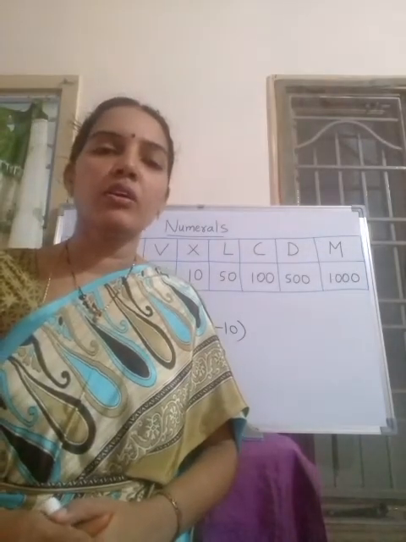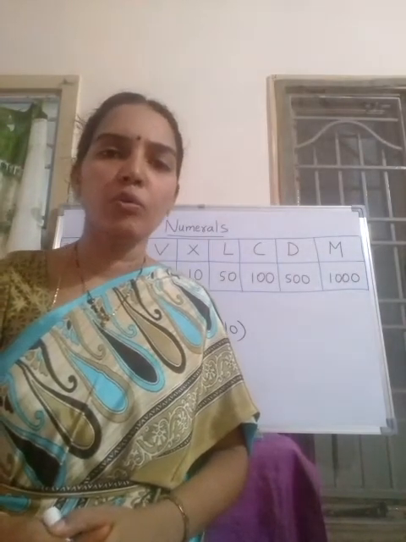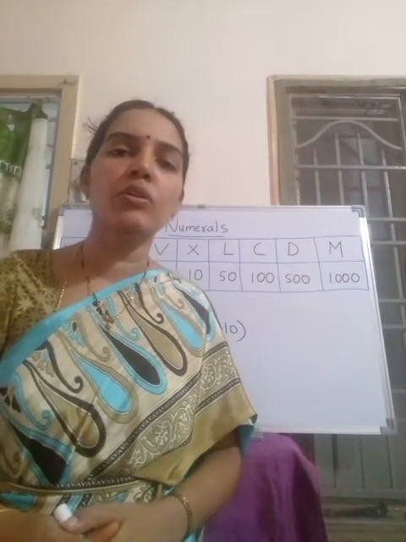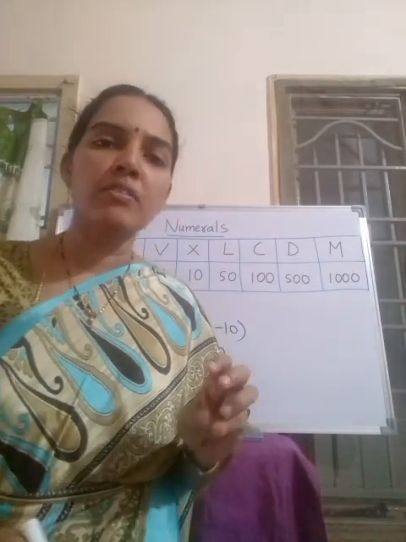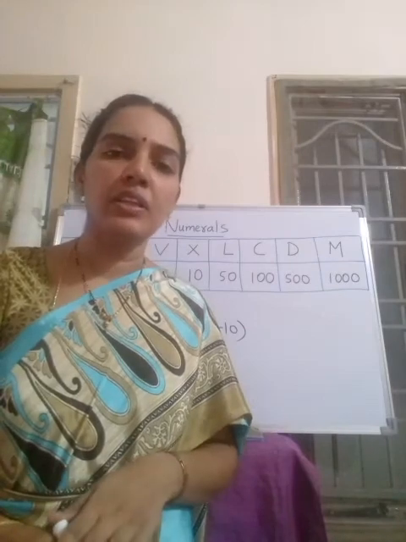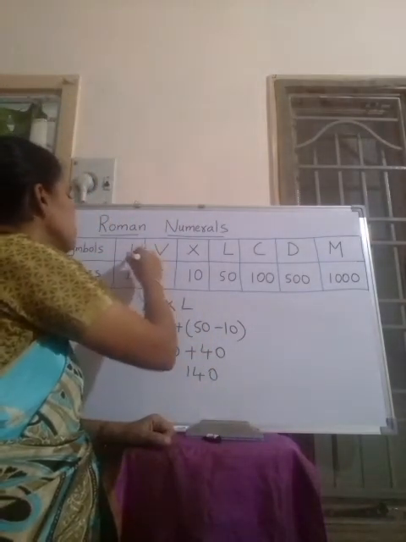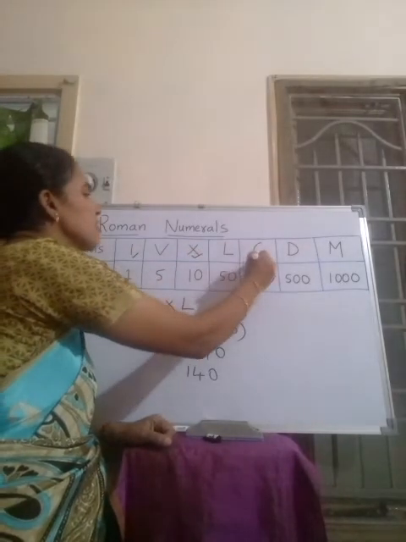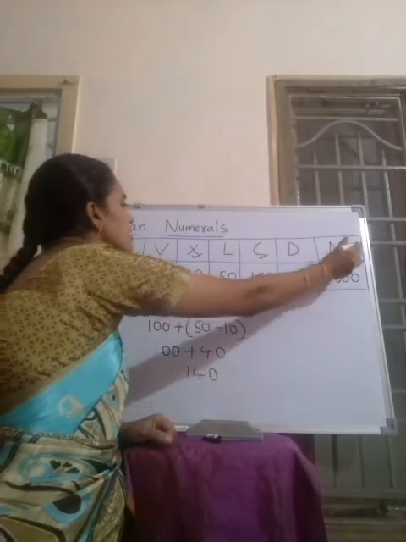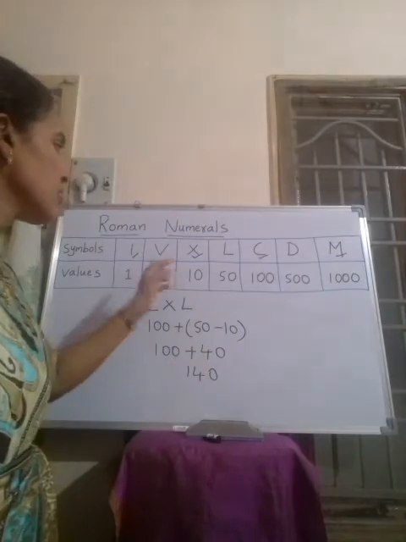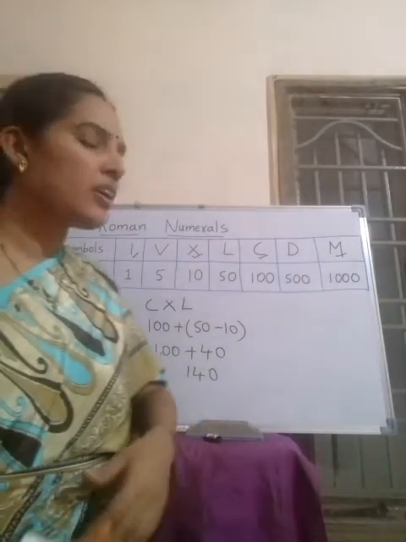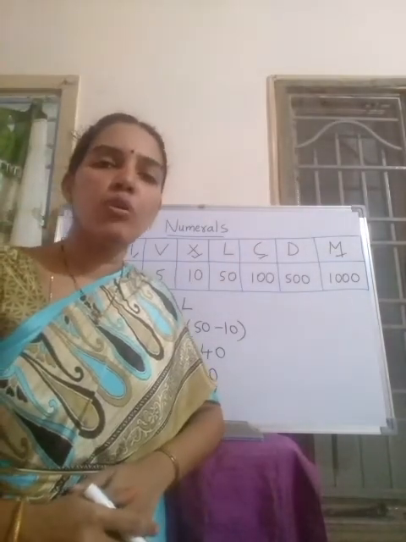Okay, these are the rules we will follow while writing the Roman numbers. First rule, what I told, rule of repetition. Maximum we can repeat any symbol 3 times. And which symbols can we repeat? We can repeat the symbols I, X and C, M. Only these symbols we can repeat. V, L and D cannot be repeated. This is the rule of repetition.